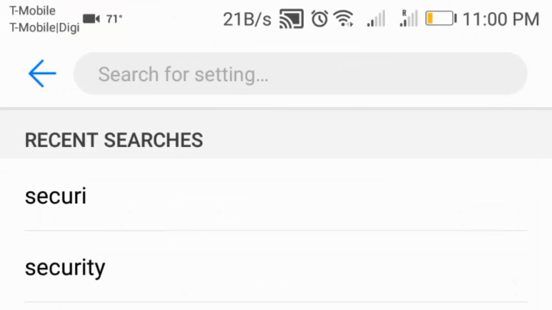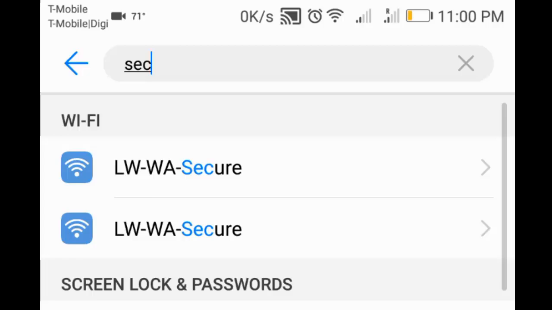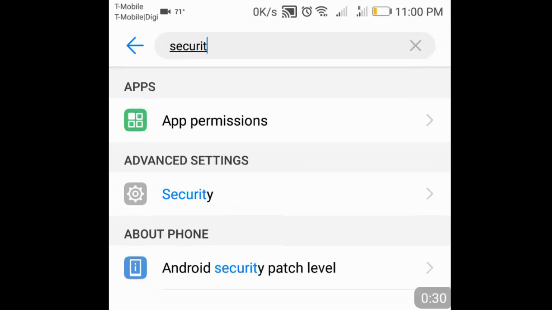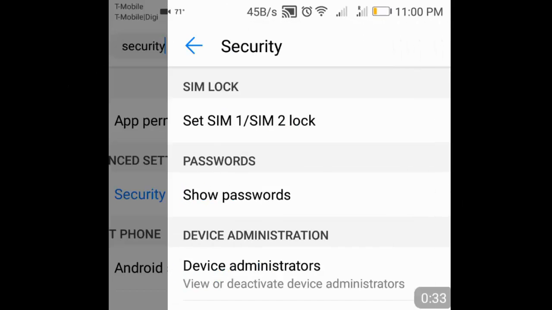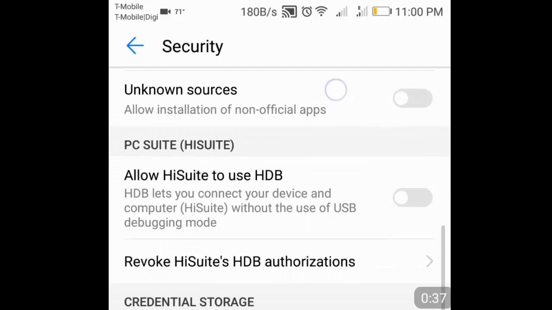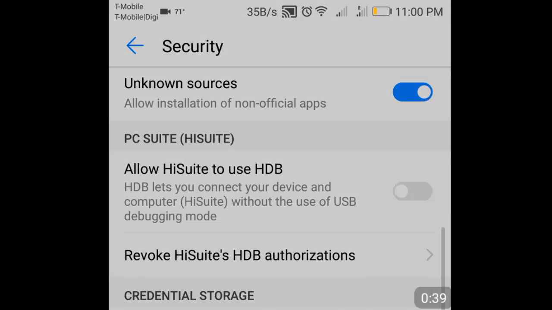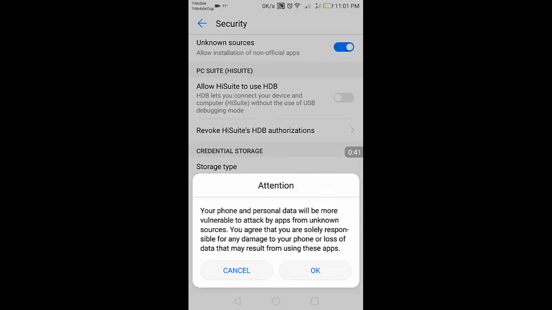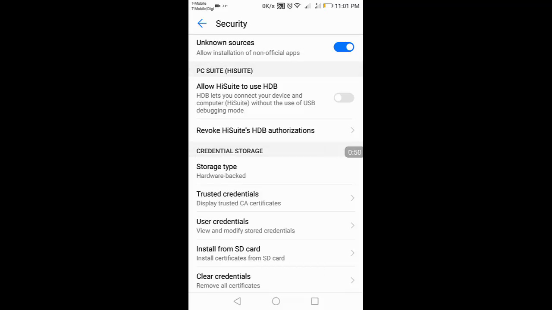and specifically the security page of your settings, and there find the unknown sources and turn that on. This is allowing for installation of non-official apps that have not come from the Google Play Store. With that enabled,